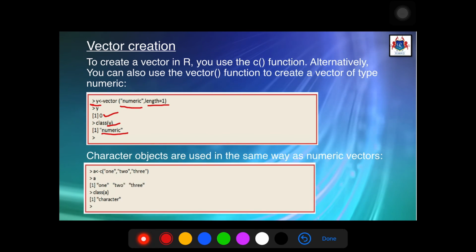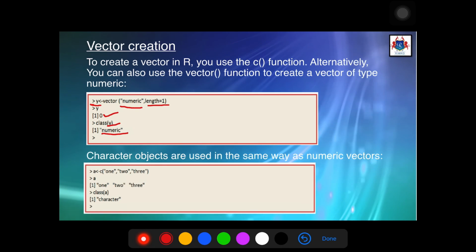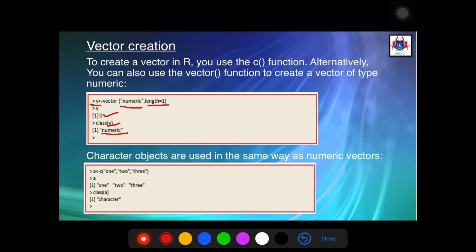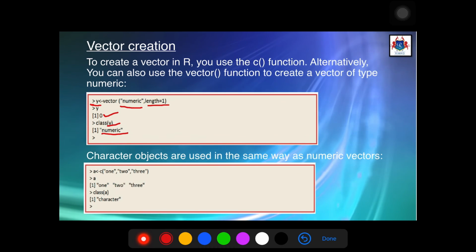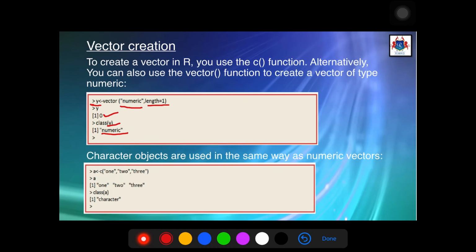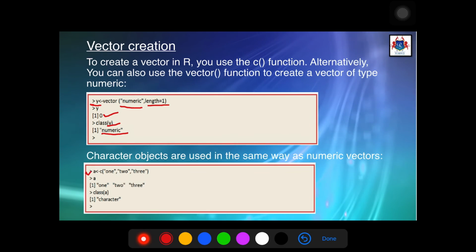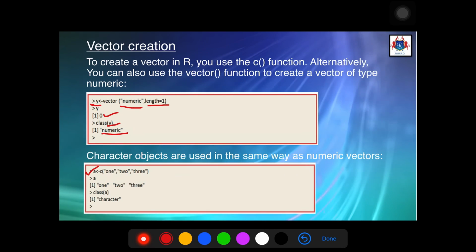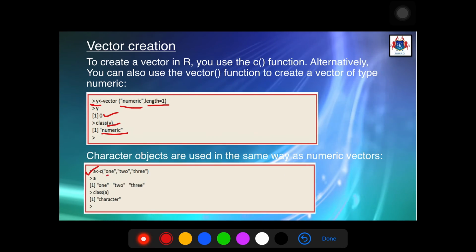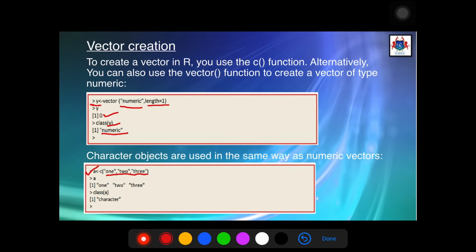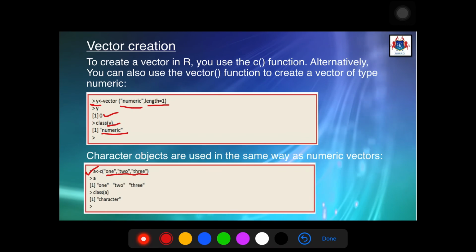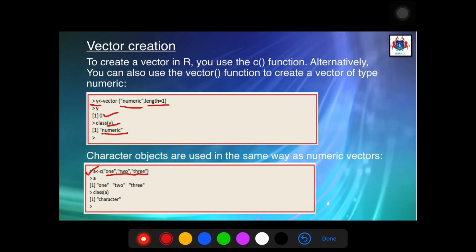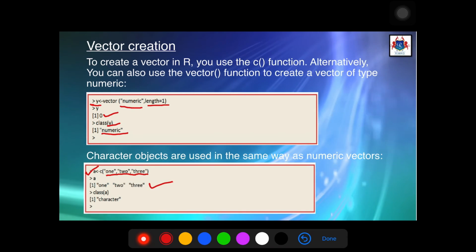In this manner, the character objects are also used in the same way as numeric vectors. Let's say I have created a vector called a which holds character data 1, 2, 3. To see the output, simply type a and it will show the output as 1, 2, 3.